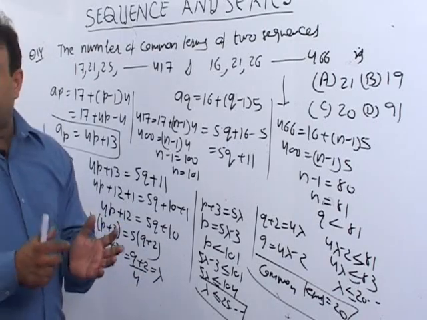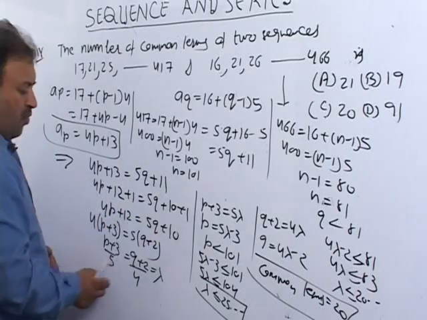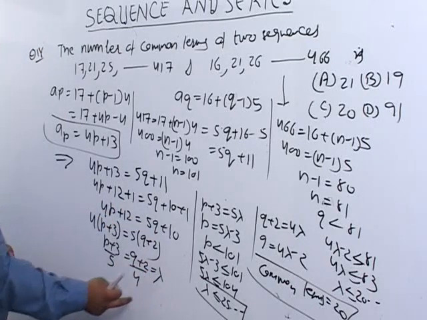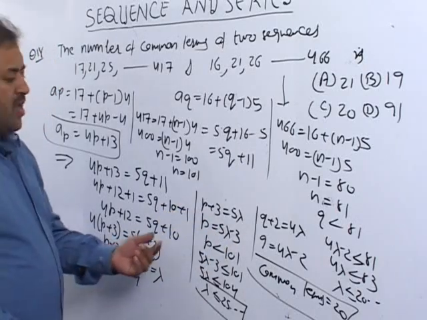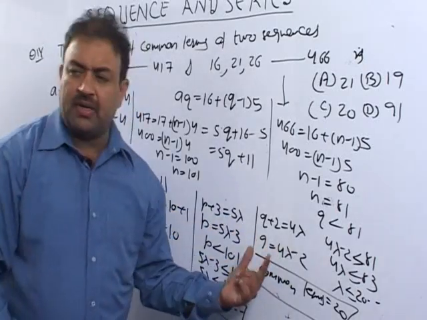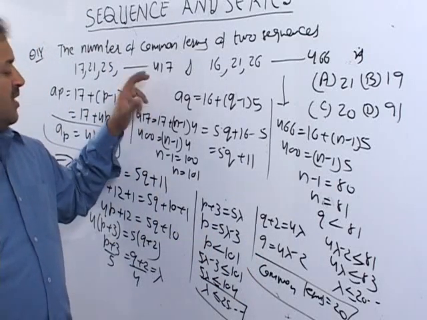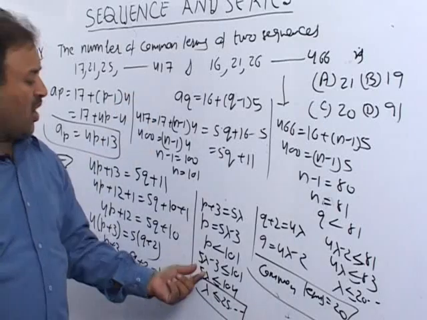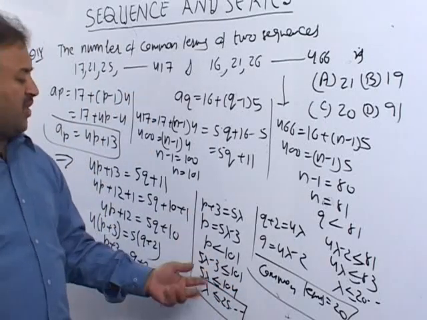See, every step is important. Here, simplifying is also necessary. Now I take this equal to the lambda ratio. The value of p comes out in terms of lambda: 5 lambda minus 3. Here the value of q comes out 4 lambda minus 2. Here p is the last common term, so the number of terms will be less than 101, or it can be a maximum of 101.